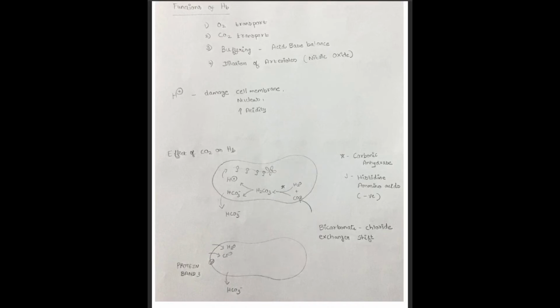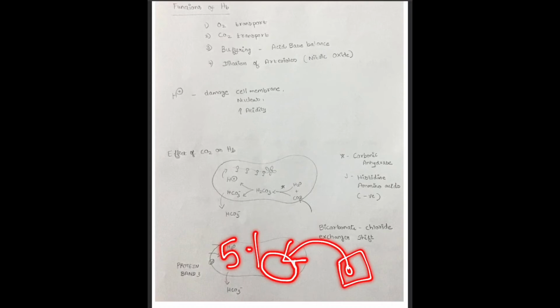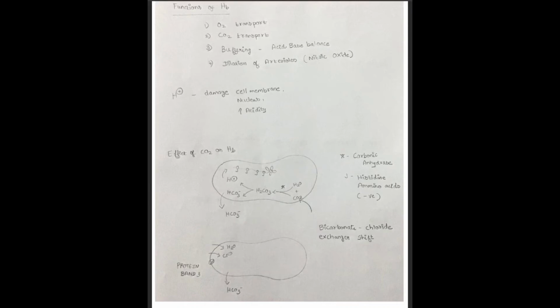The remaining 10%: 5% is transported in dissolved form. That is, when carbon dioxide is transported from the tissue cells into the interstitial fluid, some amount of carbon dioxide gets dissolved in the interstitial fluid. In this form, 5% is transported, and the remaining 5% is transported through